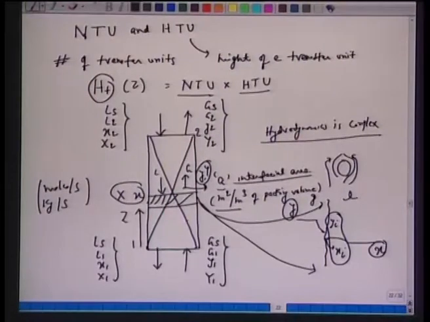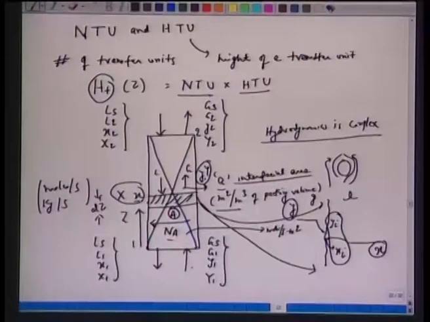There is a transfer of this species, with flux NA. Recall this is mole flux, moles per second per meter square. When the gas flows through this, at any location z, we have taken a differential height dz at which the concentration in the liquid phase is x, and in the gas phase it is y. There is a transfer of this species A, which is sulfur dioxide here for example, from the gas phase to the liquid phase. So, the concentration changes from y1 to y2 and the liquid picks up the sulfur dioxide and the concentration increases from x2 to x1.